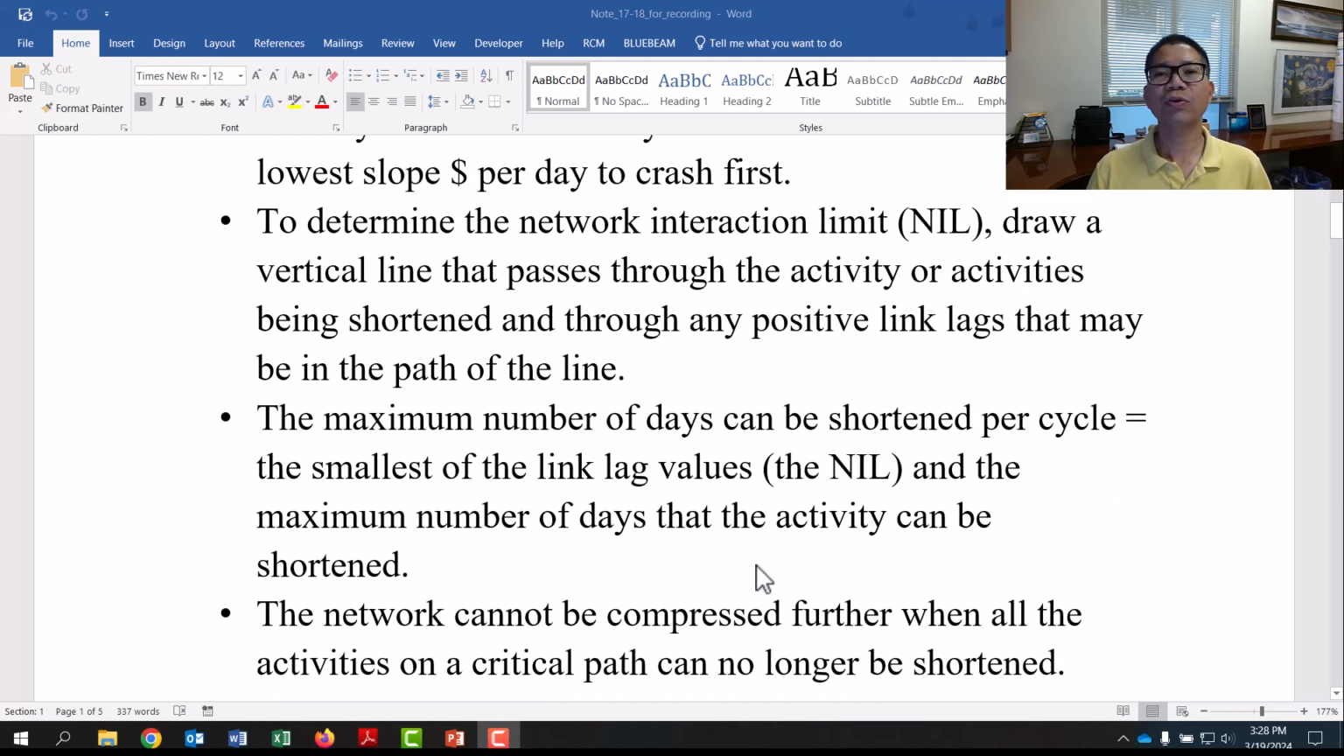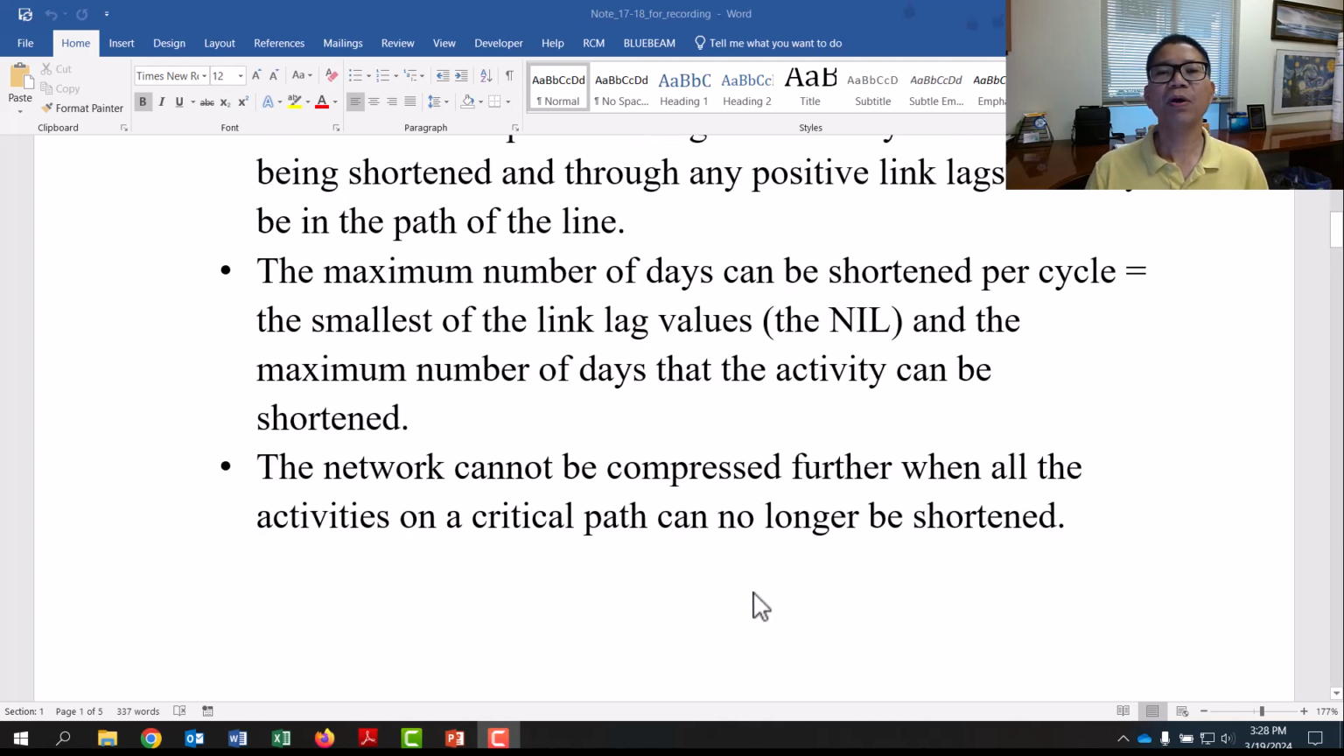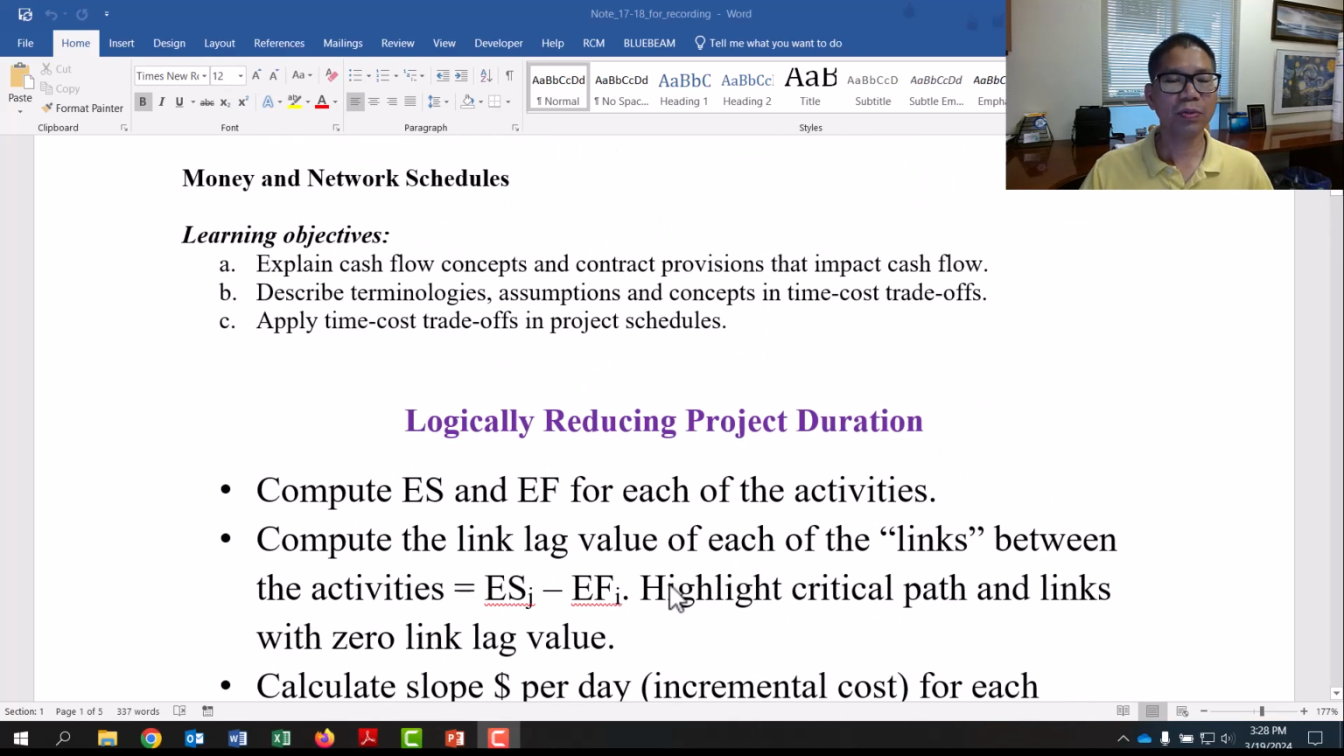Determine the network interaction limit. So you draw the vertical line, we will talk about that, and how to determine that network interaction limit. The maximum number of days that can be shortened per cycle is the smallest among the link lag value, the NLL and IL, and the maximum number of days that the activity can be shortened. And then we cannot compress further when all activities on the critical path can no longer be shortened. So those are the bullet points to remember. So let's go to